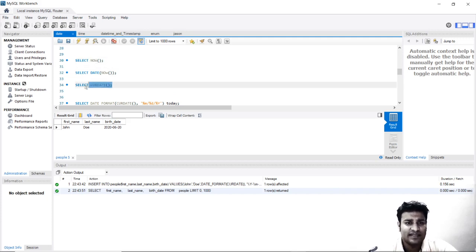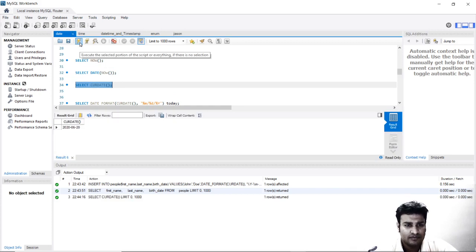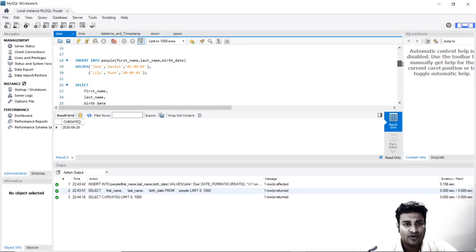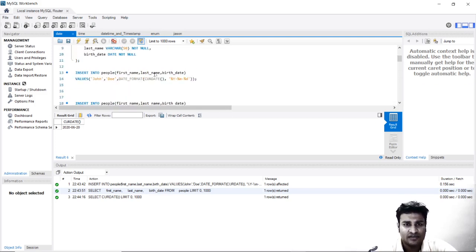Let us see the difference between both of them. Current date just gives you the date. You could have used only that function over here instead of using date format, in which we are changing the format, because it is giving the date in the same format.